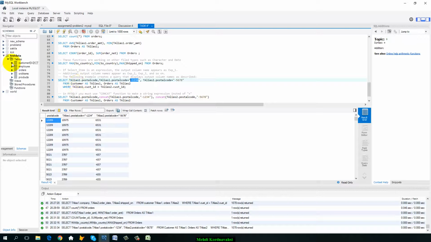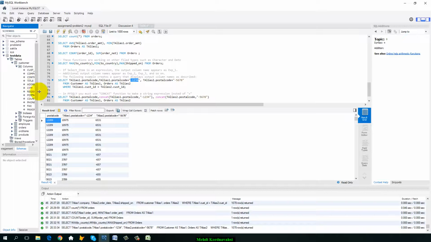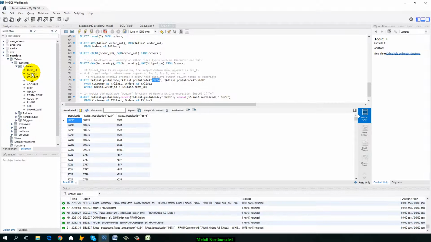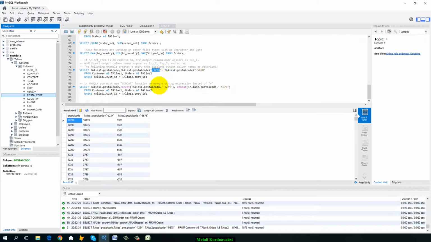In the table customer, let's see the table customer columns, and you can find here is a postal code. As you see, postal code is varchar 10. It's a variable character string. But SQL behaves with it as a numeric field. So the result is different from Visual FoxPro. For overcoming this issue,